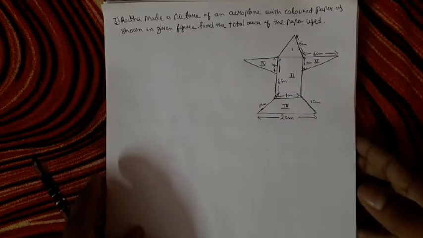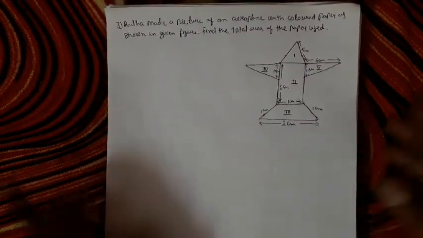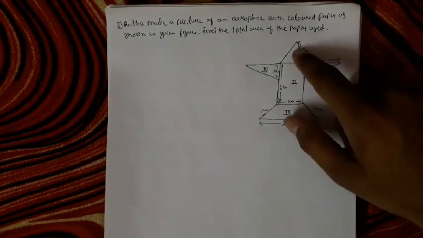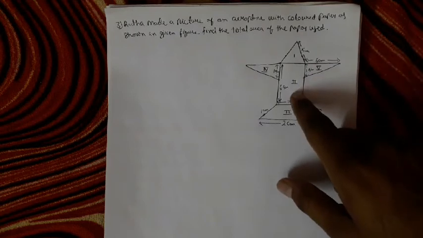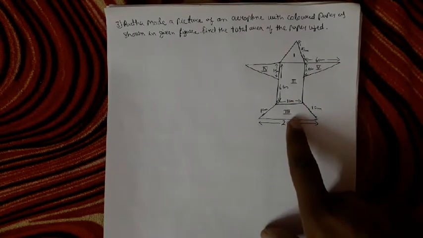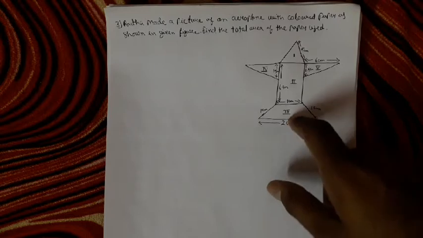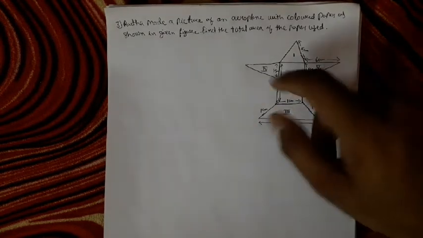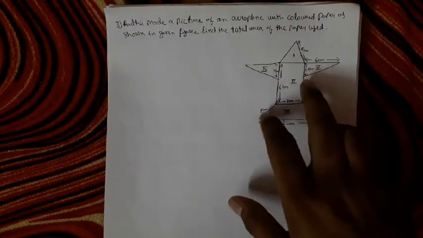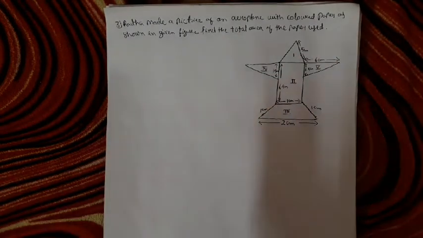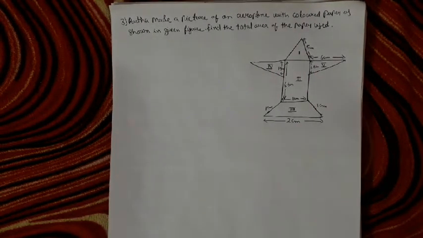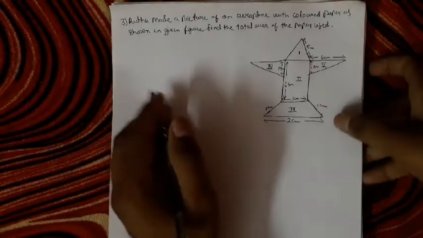For that, we have divided it into 5 parts. The first part is a triangular part, the second part is a rectangular part, the third part is a trapezium, the fourth part is a right triangle, and the fifth is also a right triangle. So we'll find their areas separately, and finally we add their areas, so we'll get the total area of paper she has used. Okay, so for the first part,